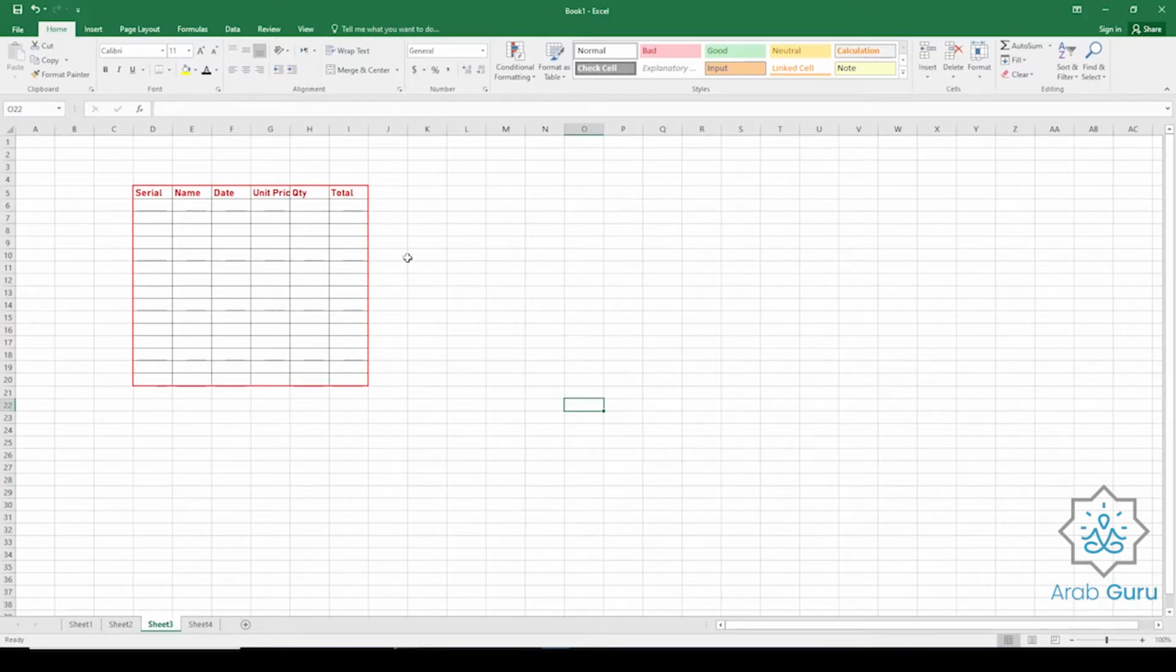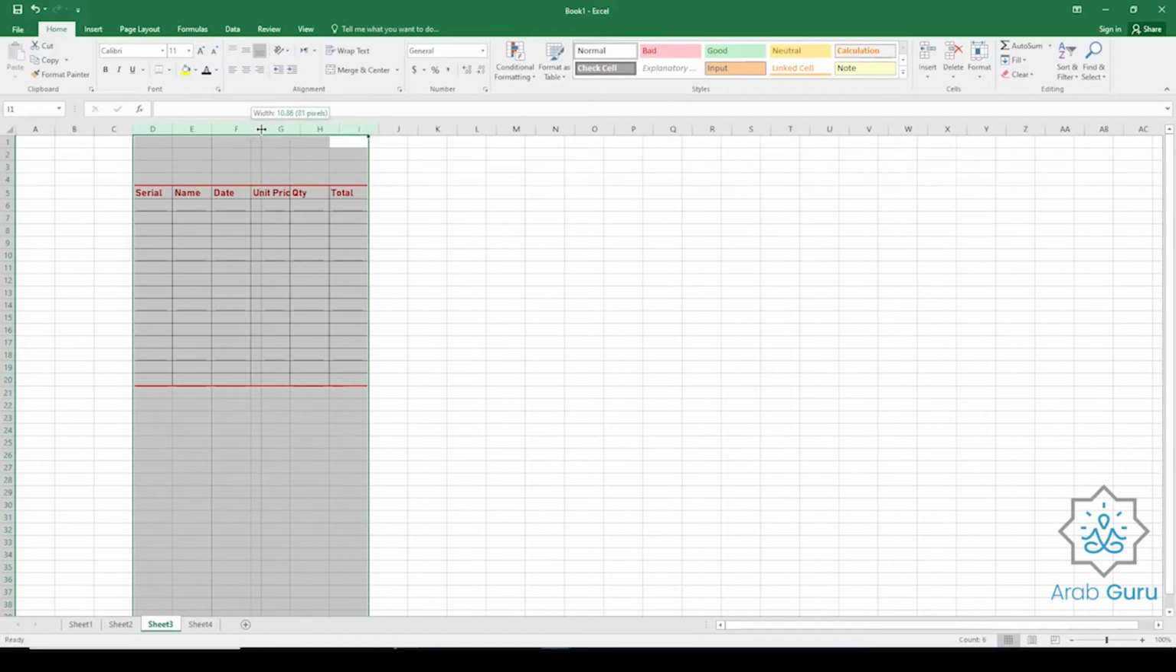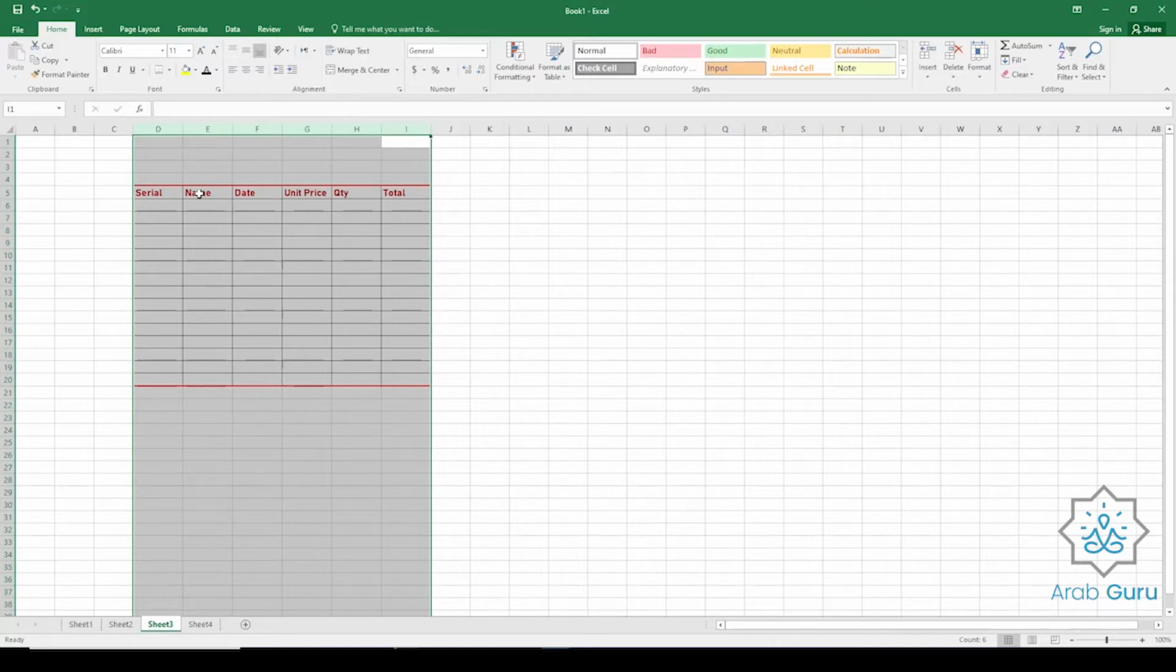Not bad. I will highlight all these columns and move my mouse between any of them and see it is referring to resize. I will hit my mouse, drag. Wow, all of them are resized at once. No need to resize one by one. Okay,